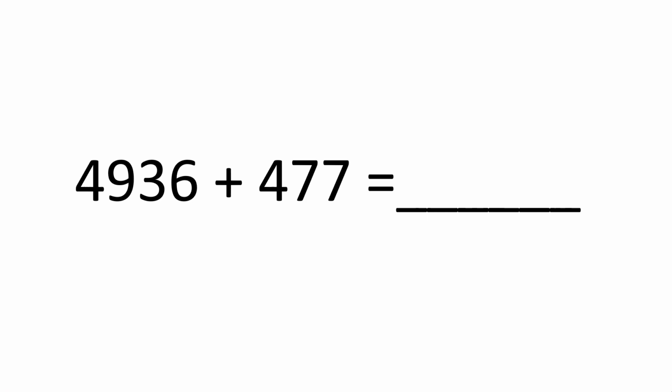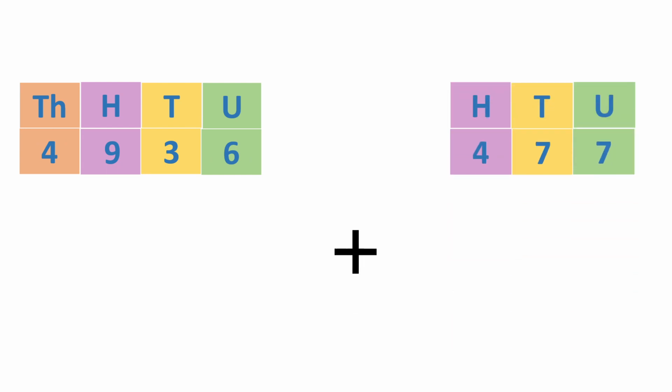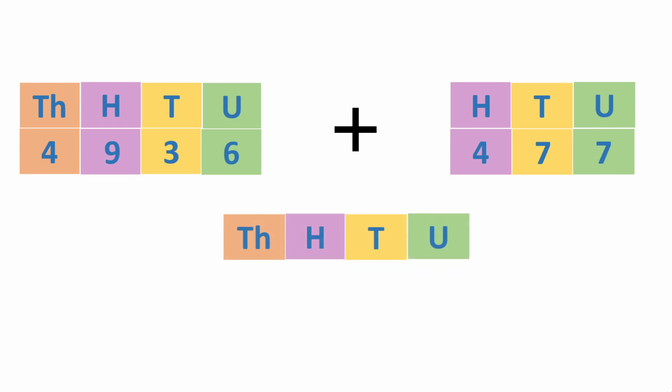Let's do it horizontally. Here I have arranged the numbers in a horizontal way. Remember the place of each digit of the two numbers. Now let's do it with better understanding. I have written the place of each digit like this. Write and keep the place of the sum that we are going to get. You all know that we must start addition from units on the right hand side. I have given it in green shade.